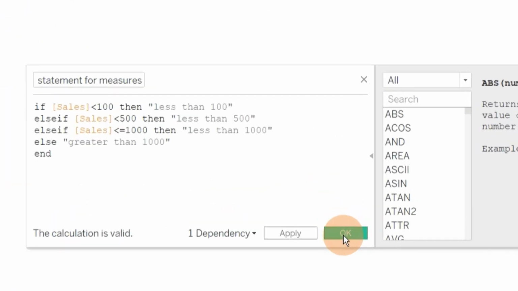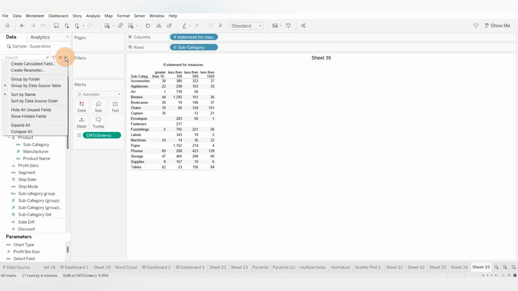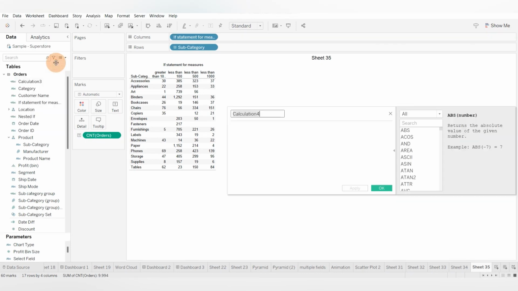One more error which we get in an if statement is an error of mixing aggregation and non-aggregation values.